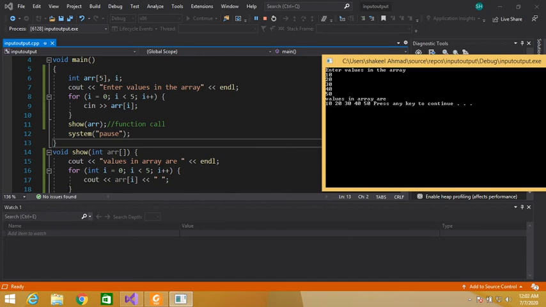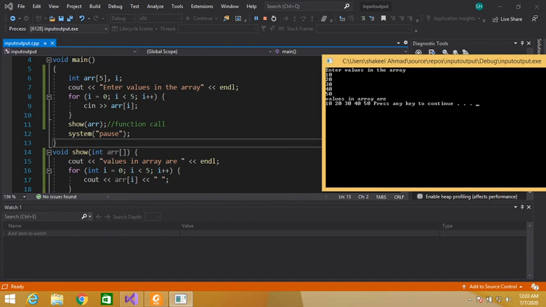Again increment i, i becomes 3, 3 is less than 5, yes, so ar of 3 contains 40, because we are starting from index 0: 0, 1, 2, 3, so index 3 contains 40. At the closing braces of the loop, the control shifts back and increments i, so i becomes 4, 4 is less than 5, yes, again ar of 4, the value at index 4 is 50, so 50 is printed here.